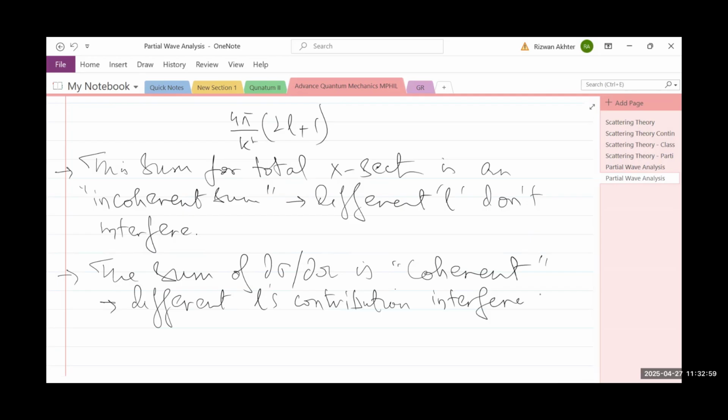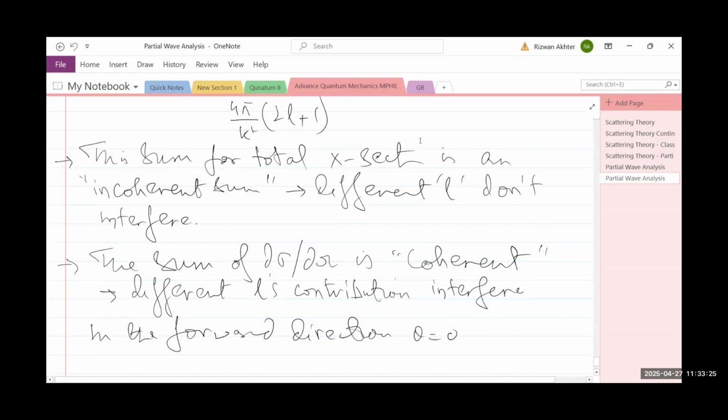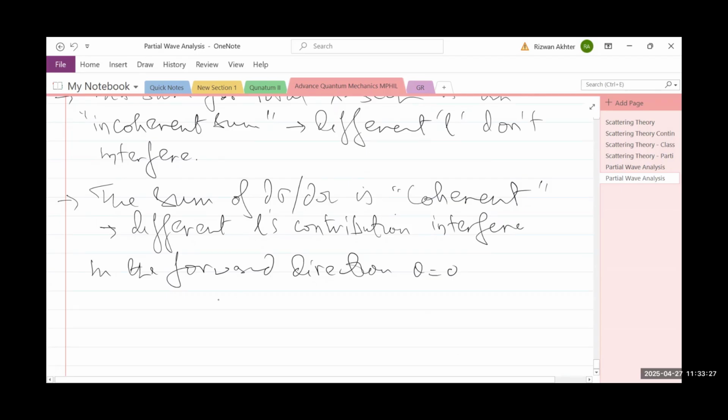Now in the forward direction, theta will be equal to zero. So if theta is equal to zero, then P L of cos of zero will be equal to 1. The second conclusion is that in the forward direction, forward direction means theta is equal to 0. This would imply that P L of cos of 0 is equal to 1. And then in that case